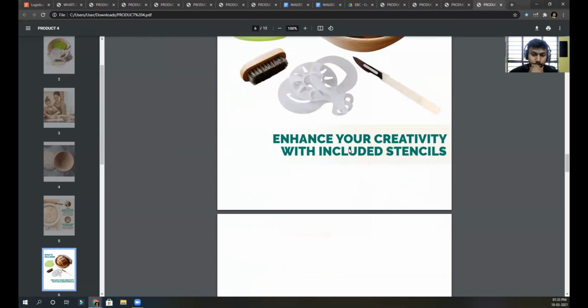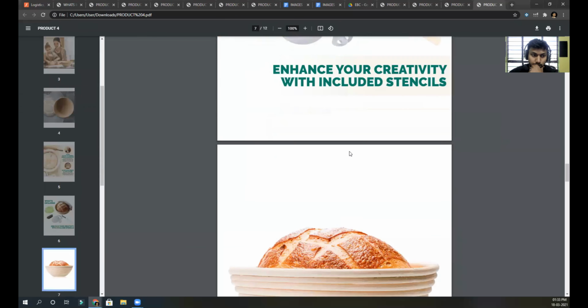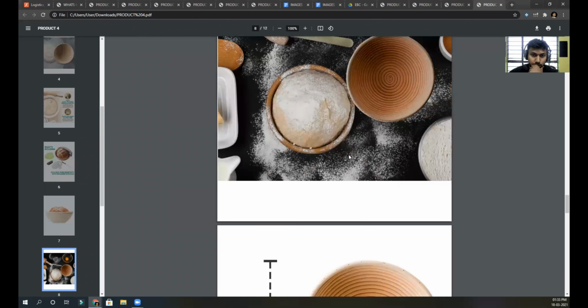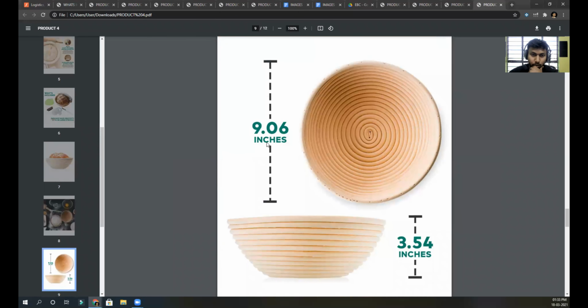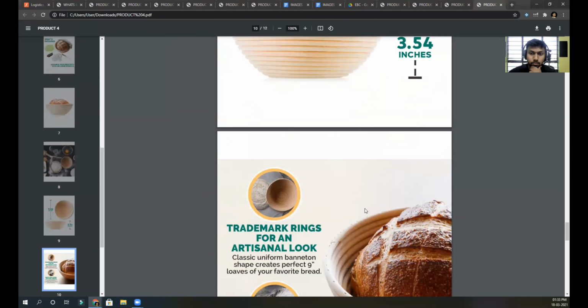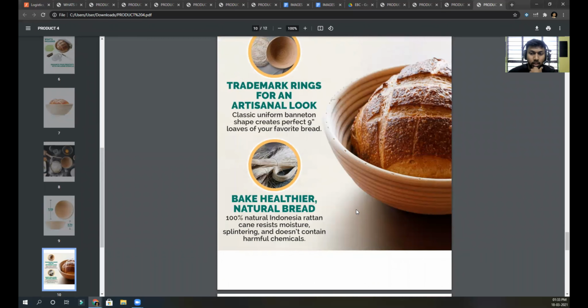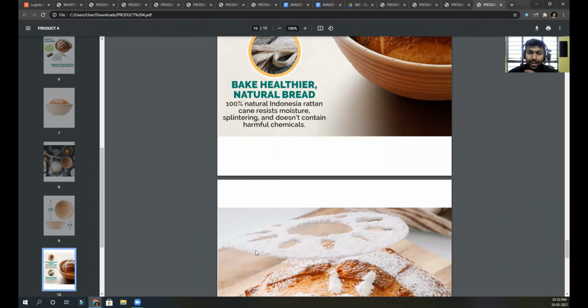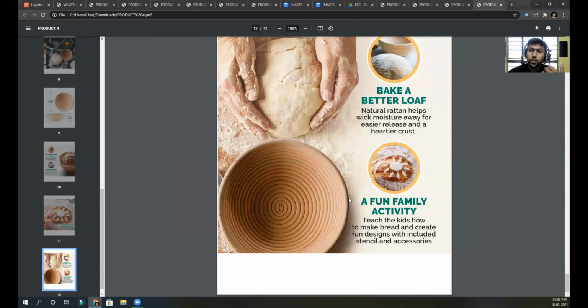Really, really good. The color looks really fabulous. Now you tell me, of the images that you are using and these images, which one is going to convert for a sale? And obviously, this one will have a very low ACOS as well.